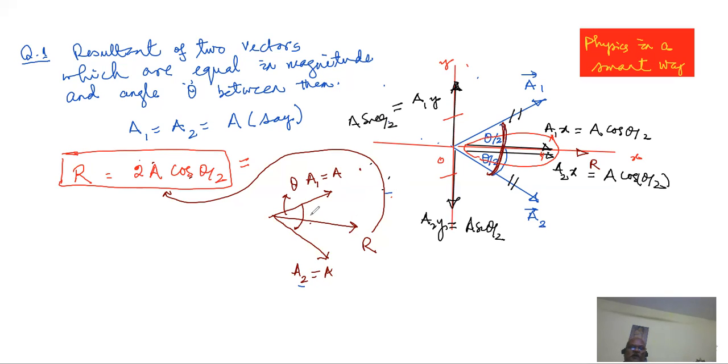Okay, you can extend the idea to three vectors A, A and A, all the vectors having the same magnitude, angle between first and second is theta, second and third is theta, and you'll get a very nice conclusion. You can extend it to 4 vectors. You can extend it to n number of vectors, and then a very beautiful conclusion will come up. But we don't have so much time. Those things you can try at your leisure, and many beautiful things you will get.